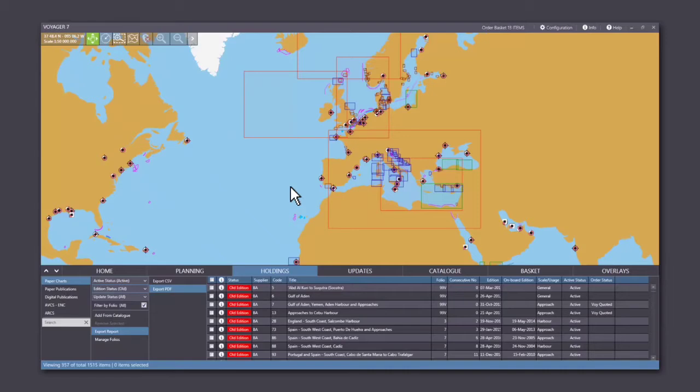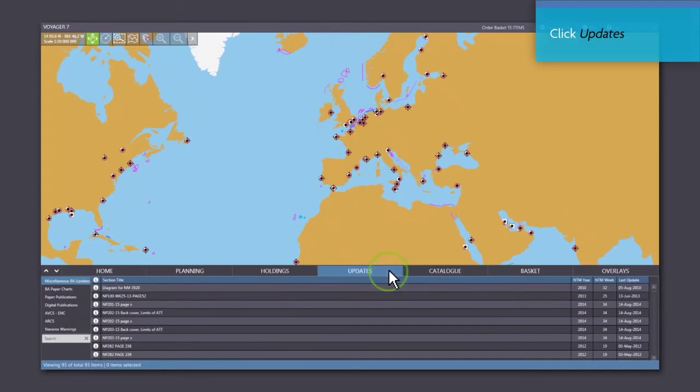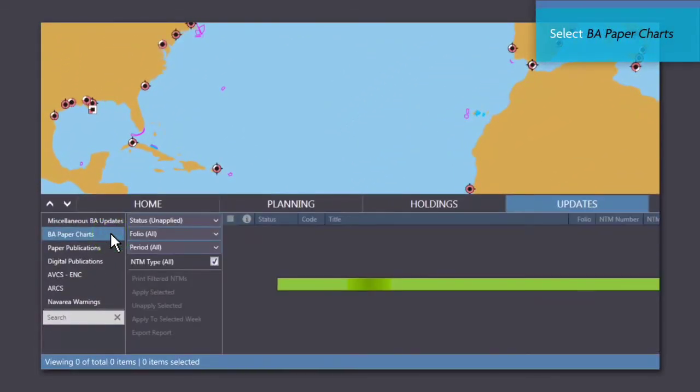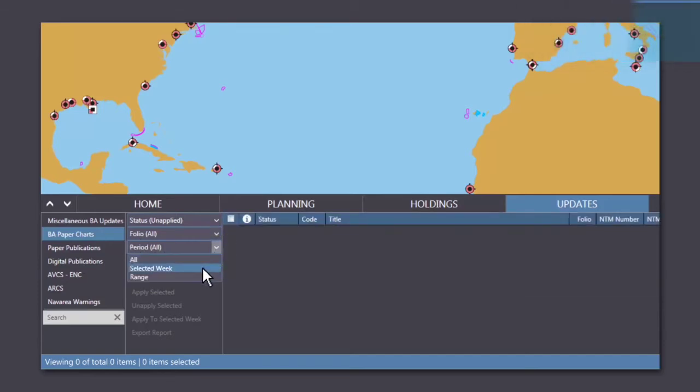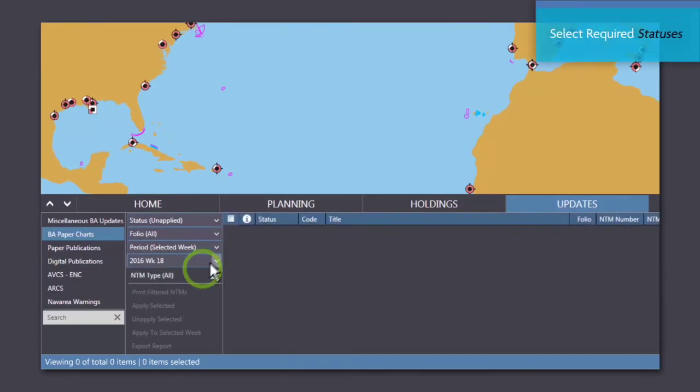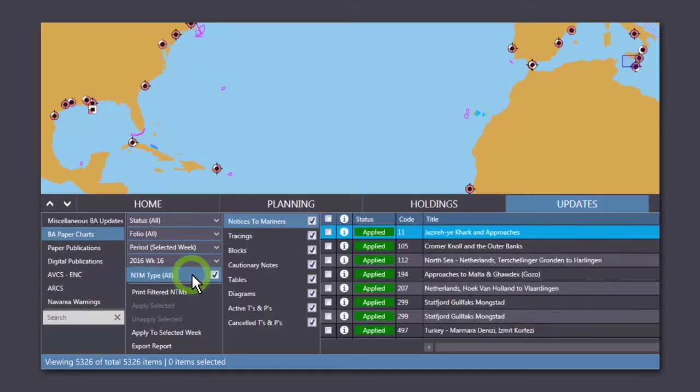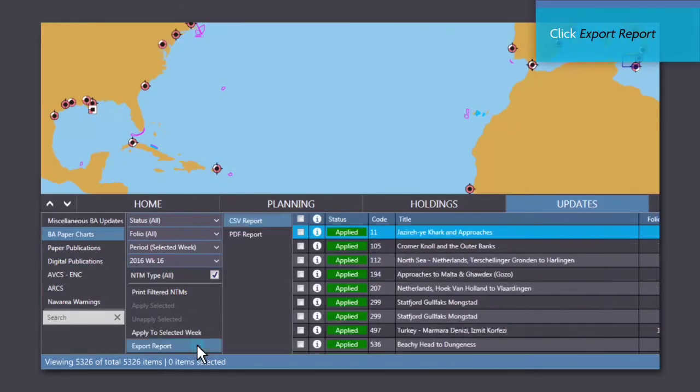To create or print a correction report, first click on the Updates tab. Then select BA Paper Charts and select the required status. You can also filter by the required folio and select the period. Select the type of NTMs that you want to include and click Export Report, choosing either a CSV or PDF